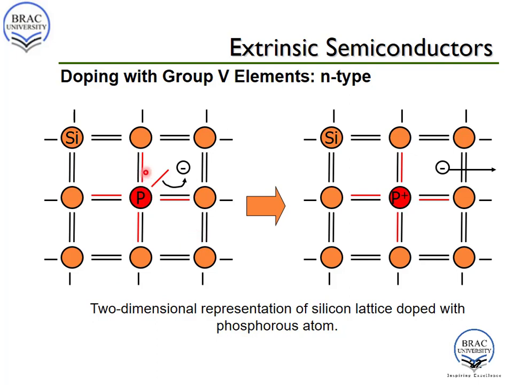Here you can see in this bond, this red electron belongs to phosphorus and this black electron belongs to this silicon. Thus 4 single bonds are formed here. But the problem is, unlike silicon, phosphorus has 5 electrons in its outermost shell. So after forming 4 single bonds, phosphorus actually has 9 electrons, and we know that the structure with 8 electrons in the outer shell is very stable, and thus this extra electron is loosely bound to the phosphorus nucleus. So it can easily break the bond and become free to move through the structure.